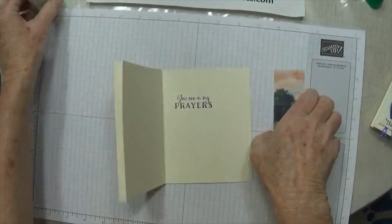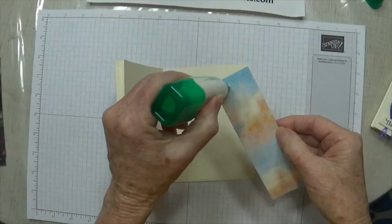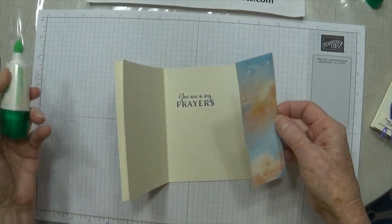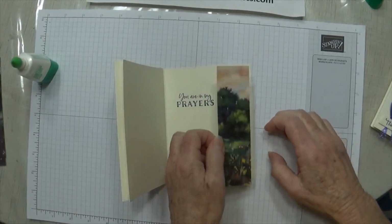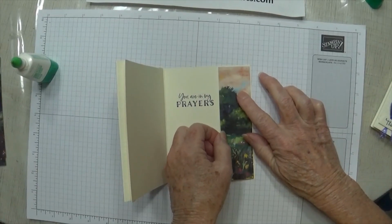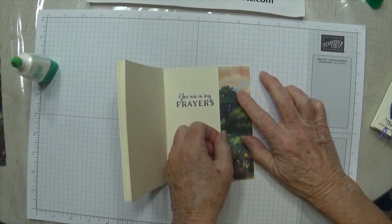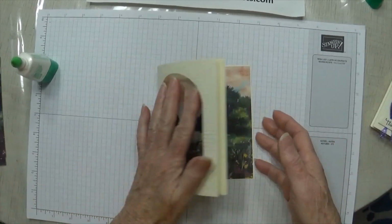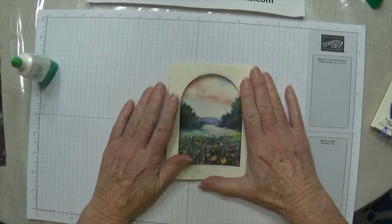And we're going to pop this piece on the inside. You can see this card goes pretty quickly. It's a beautiful card, and I thought it looked very appropriate for someone, either to tell them you're in my prayers, either for getting well or sympathy. All right, so there's the front,